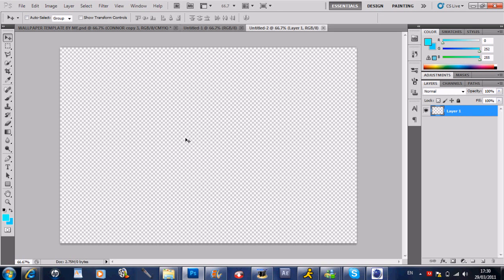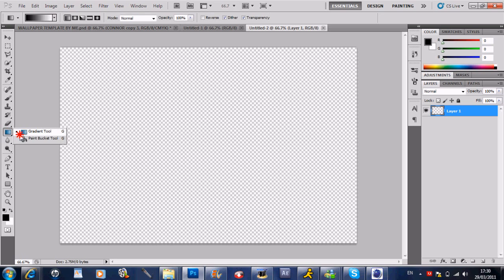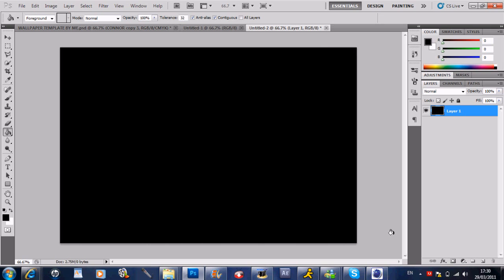Okay, so now we've got our background. If you don't want it transparent anymore, you don't have to start again. Just click here, click the little black one, select black, and select your paint bucket tool, this one that looks like a paint bucket, and just click where you want it to be filled in. So to create a new layer, you come down here and click the one next to the bin,